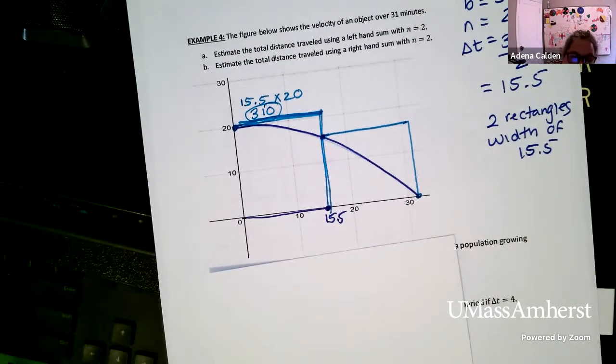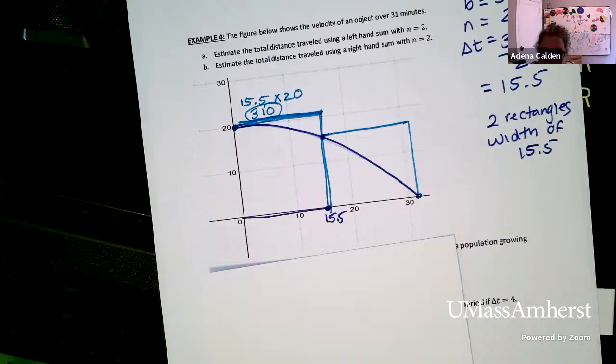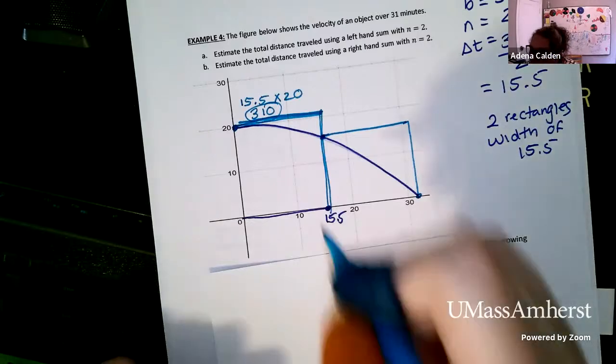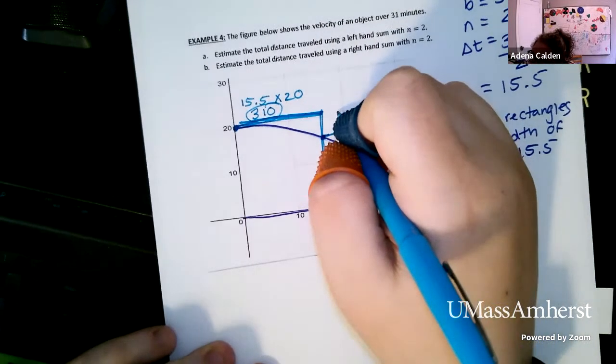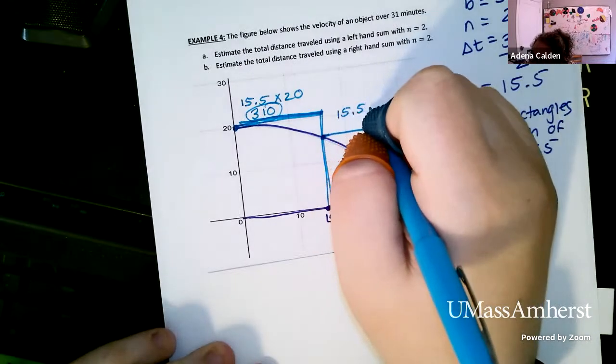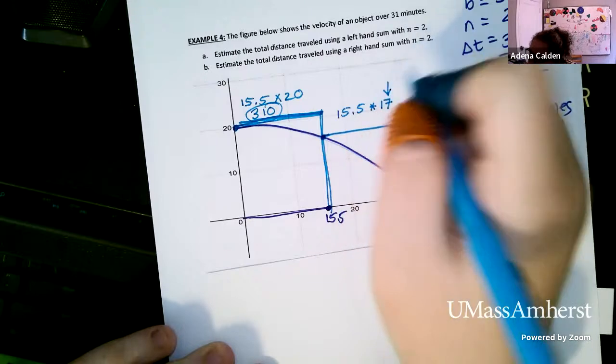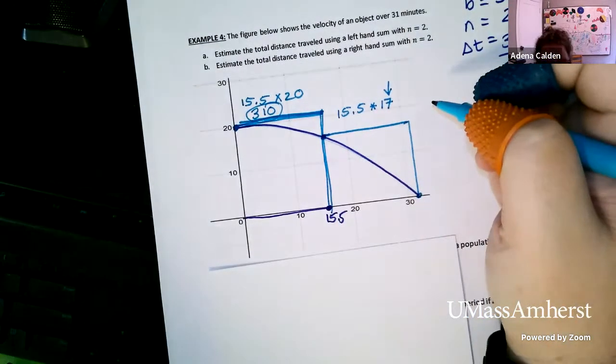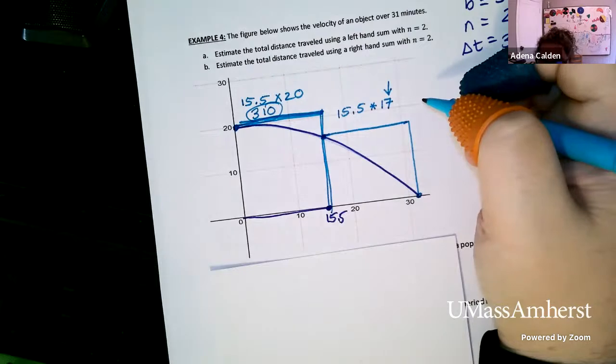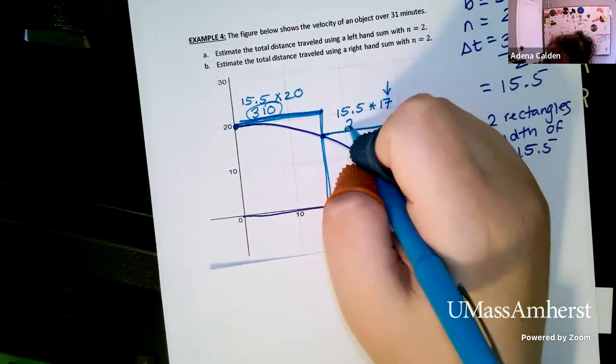You may have used 16 or maybe even 15, but it looks a tiny bit above to me. It just matters where you put it, but it should be in that general range. So here, the width is 15.5. I'm using 17 as the height, but this might be different for you, right? You might have said 16, that's fine. And that gives me